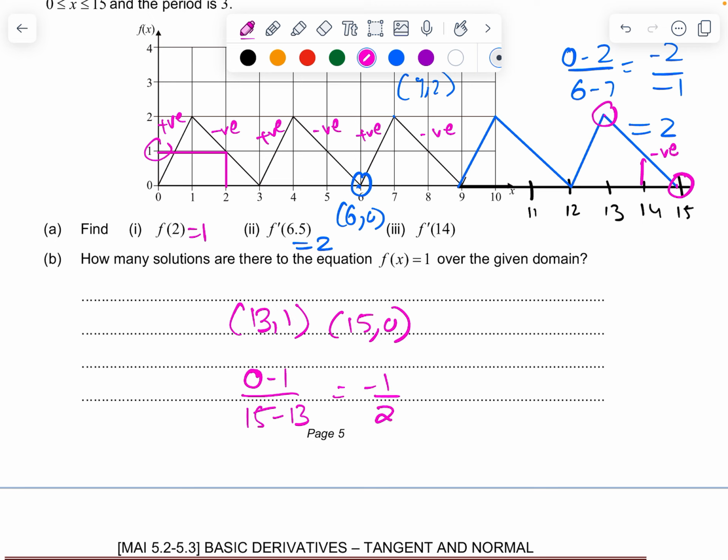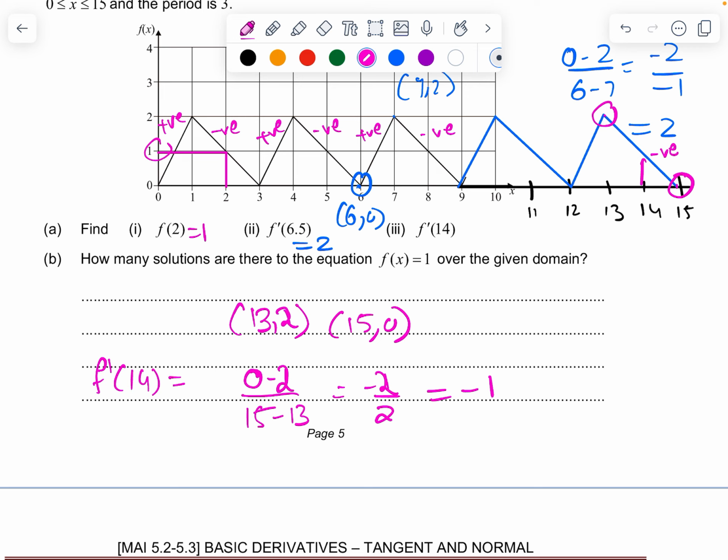So the gradient is going to be again negative 1 by 2 only. Then 13 comma 2. It is not 13 comma 0. 13 comma 2. So 0 minus 2, so 2. It's going to be negative 1. So the gradient, f prime of 14, is going to be